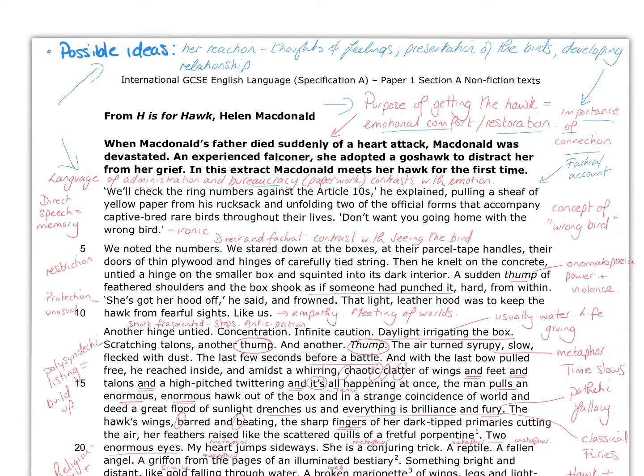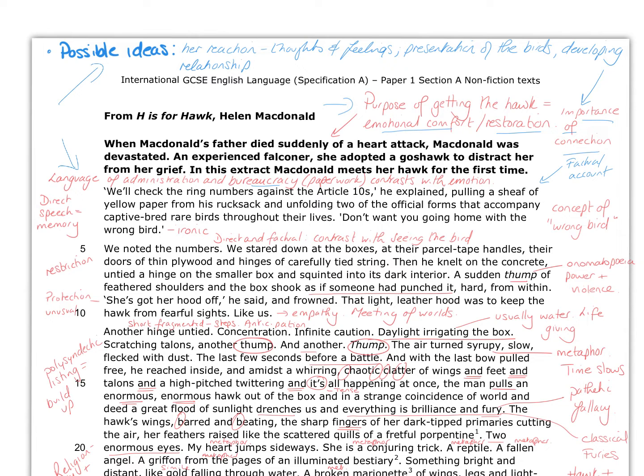Okay, this word bureaucracy meaning official language, paperwork, red tape. And this process that he goes through in her very factual account of that contrasts with the later emotion and emotional connection. So they go through the process of checking the ring numbers, checking the articles, getting the paper, getting the forms. It's very